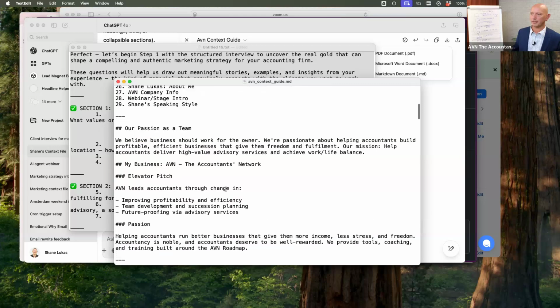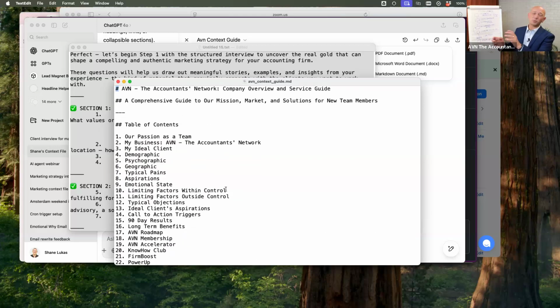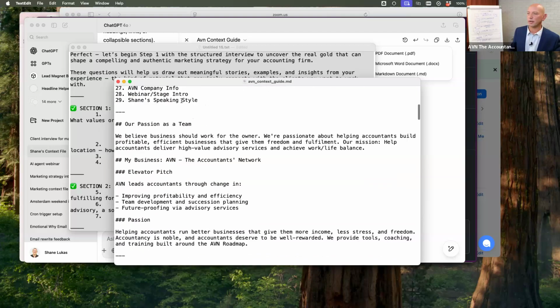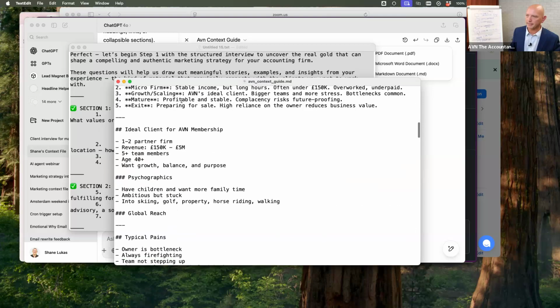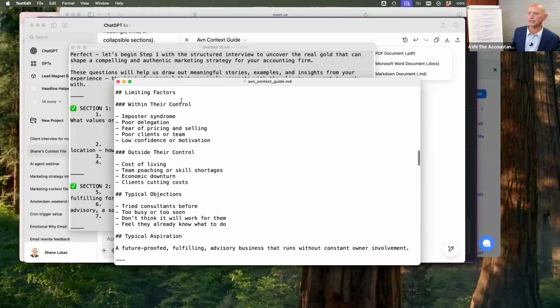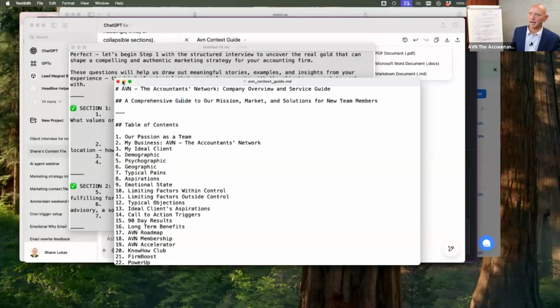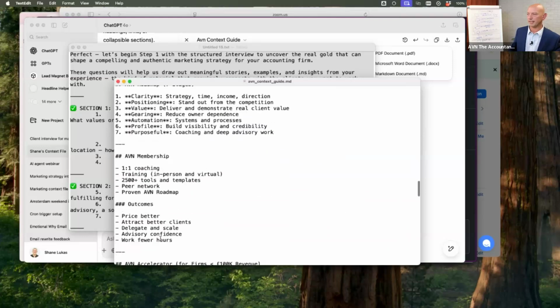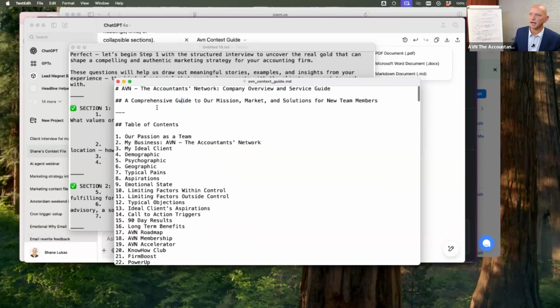There's a lot of information in it. Now, this is mine. I didn't want to pretend to be one of you and try to think about what your ideal clients were, so I'm doing this under the guise of my own business. But hopefully you'll appreciate that it will apply to you in your way as well. So there's everything about me, my business. I've got a few different products in there as well, but it'll take what it feels is necessary from it. And it's only a very basic one compared to my normal one, because I didn't have too long to create this.